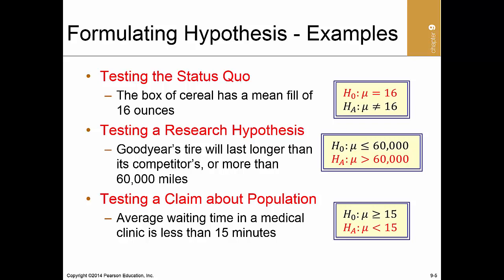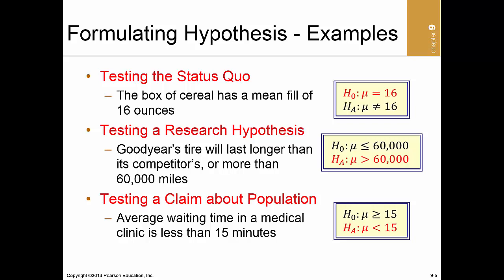We might also have a scenario about a research hypothesis. So in this case, statistical evidence is needed to indicate that the new product is effective. The default position or null hypothesis is that it is no better than the original, or in the case of a drug, that it's unsafe and ineffective. So the burden of proof is placed on the new product, and the alternative hypothesis is formulated as the research